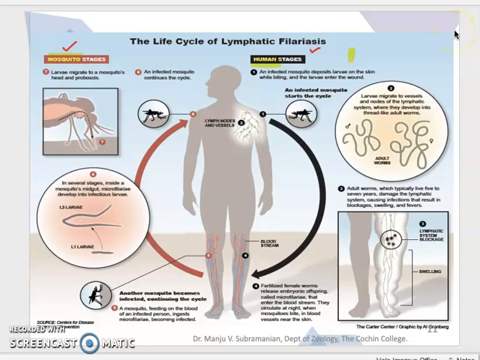During the daytime they are present in the deep veins, and during the night time they migrate to the surface blood vessels. That means they reach the peripheral blood vessels. Then when a mosquito bites an infected man, this microfilaria enters into the body of the mosquito, and in the body of the mosquito,